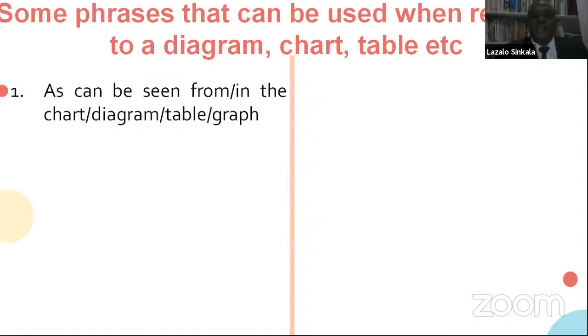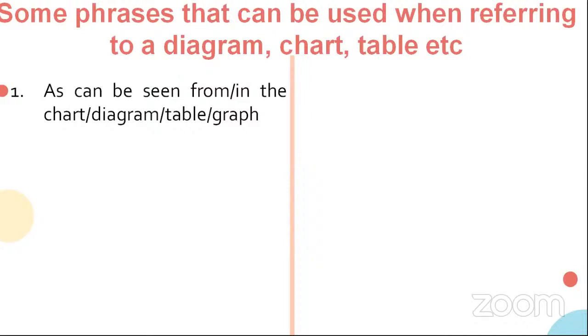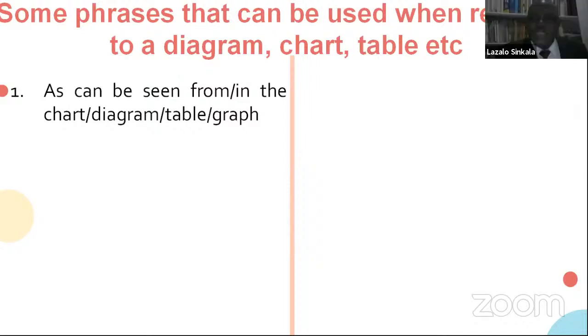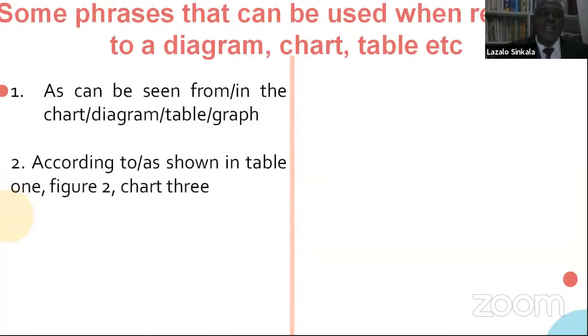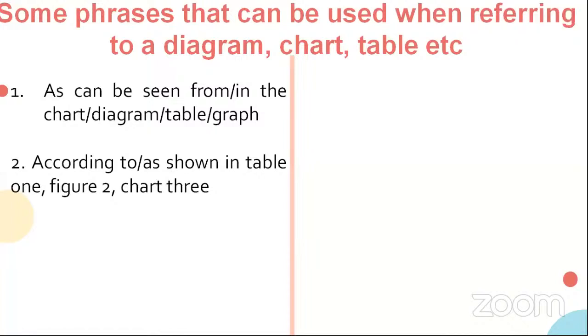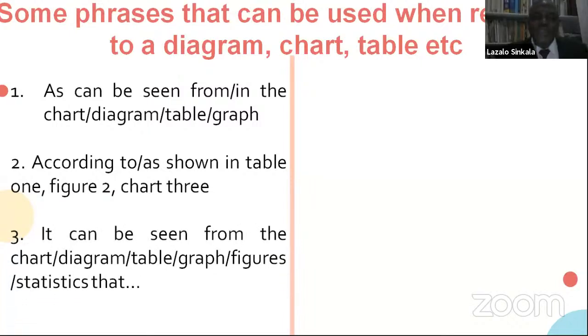As can be seen, when responding to such questions, there are some phrases that can be used when referring to a diagram, a chart, or a table of statistics. Phrases such as: can be seen from or in the chart, diagram, table, graph; according to; as shown in. Okay, it can be seen from the chart,